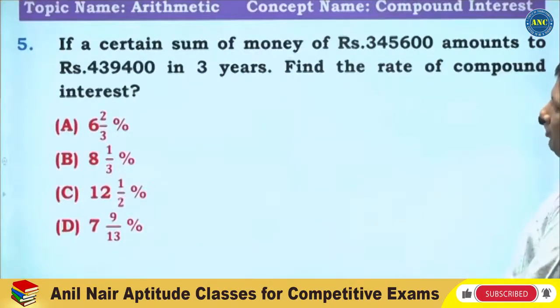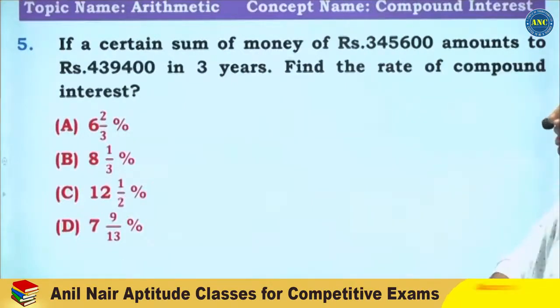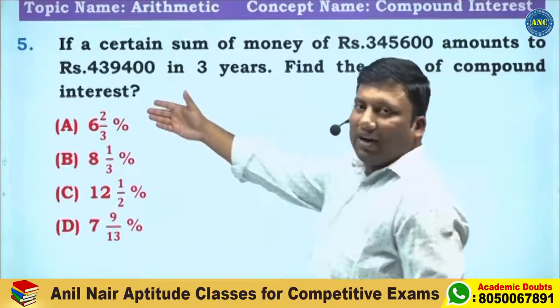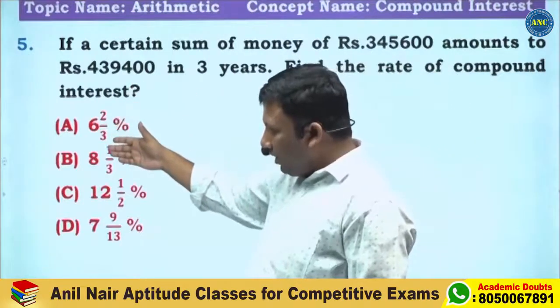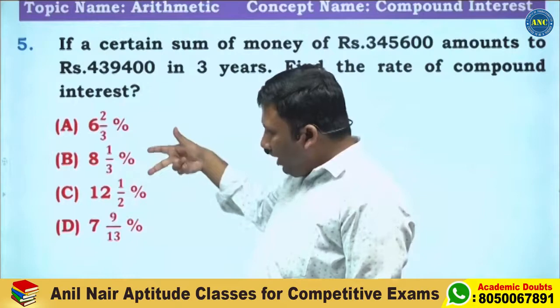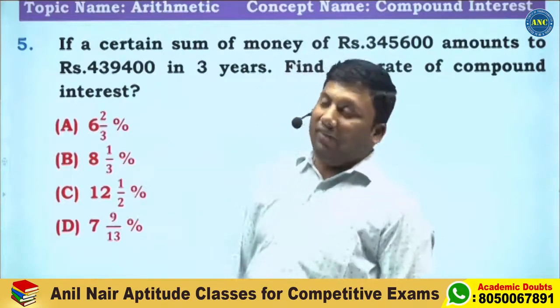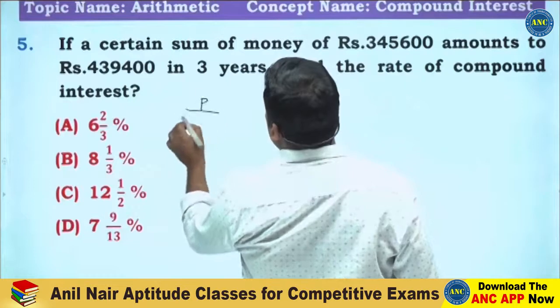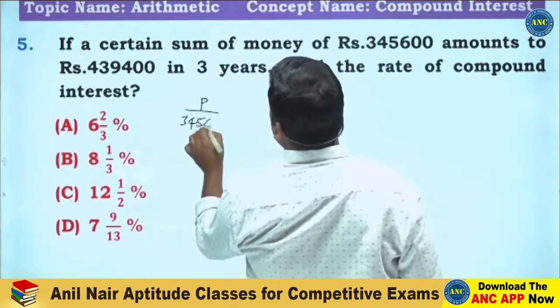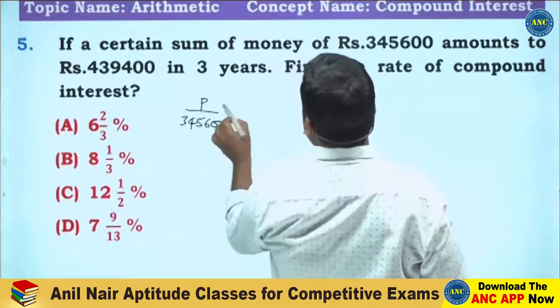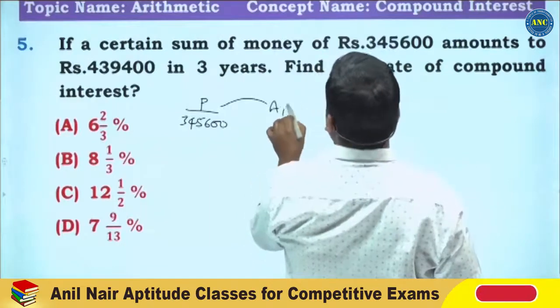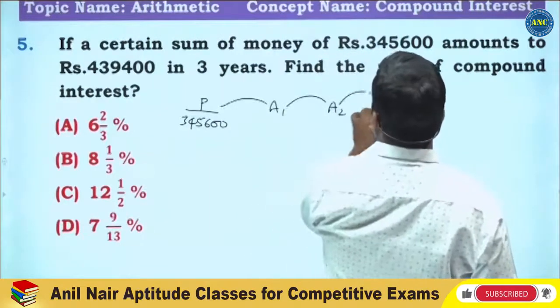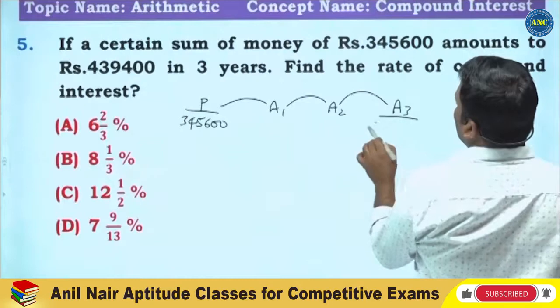Next one. Now, if you see here, again the options are a little far apart: 6 2 by 3, 8 1 by 3, 12 1 by 2. Only B and D are very close to each other. Let us see. Initial amount is 345,600. Final amount after 3 years. Amount 1, amount 2, amount 3. It is